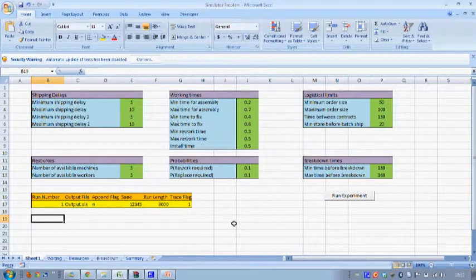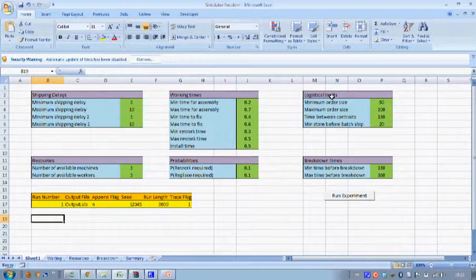Hi, I'm now going to walk you through a live demonstration of our product. This is the main Excel interface where you can configure the user variables used in the system. We've grouped related input variables into sections for ease of use. Starting from the top left-hand corner, you see shipping delays, service times, logistical limits, which includes how many servers you